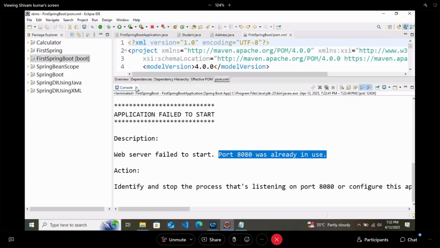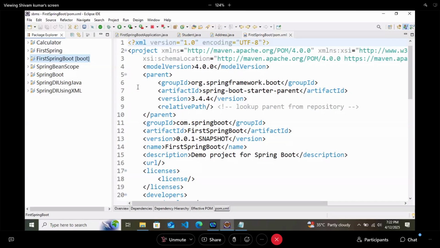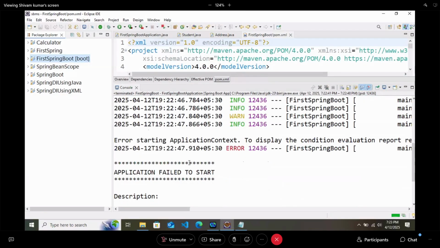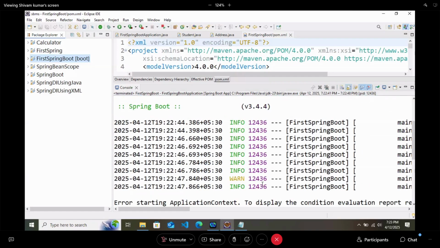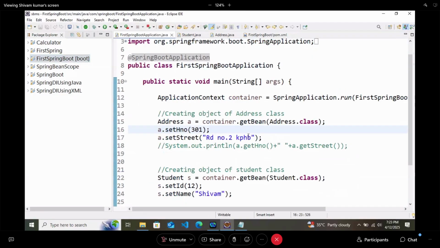The reason is your project is already running. At first you have to close it. You can see it here. Here it is running. So at first you should close it. Now it is shut down. So it will show some errors after that, or it can show you a shutdown message. Now we will start the application again.